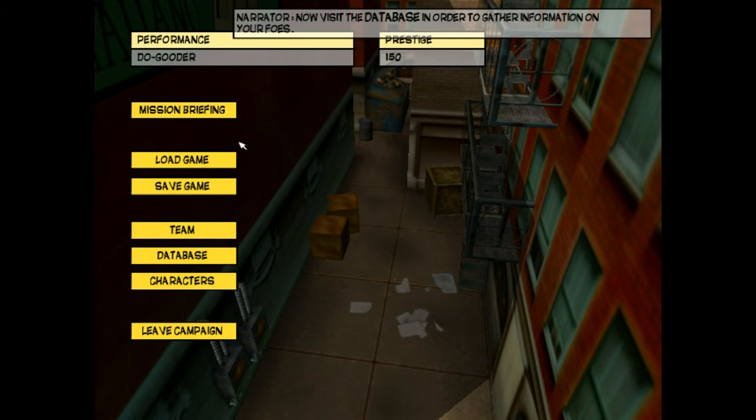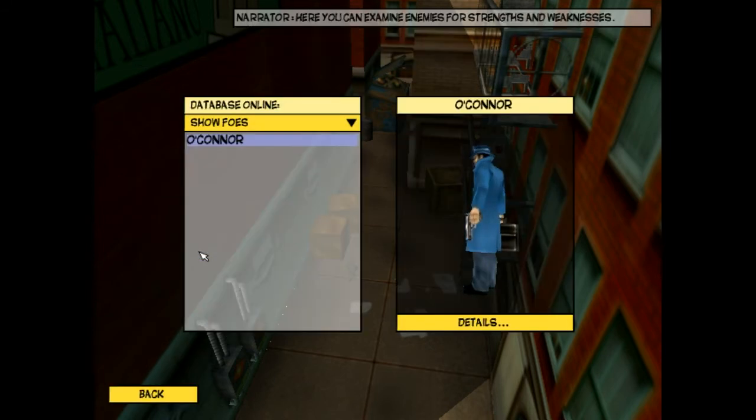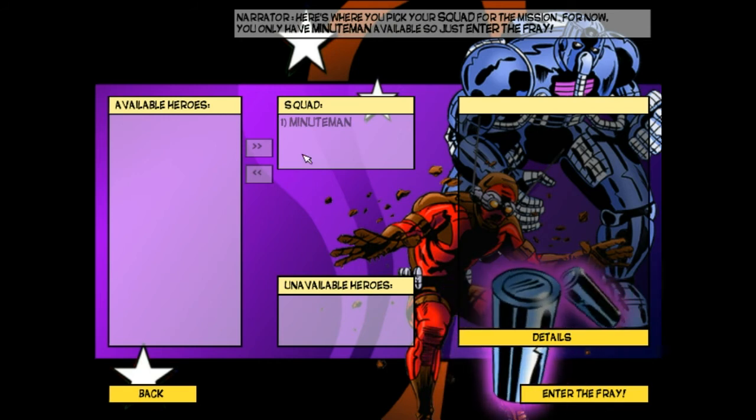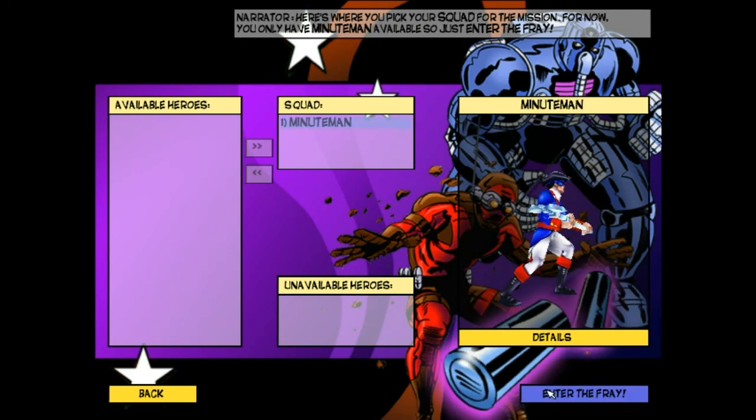This is just some information about the character. Now visit the database in order to gather information. Here you can examine enemies. Now proceed to the next mission. Following a tip from O'Connor, here's where you pick your squad for the mission. For now, you only have...